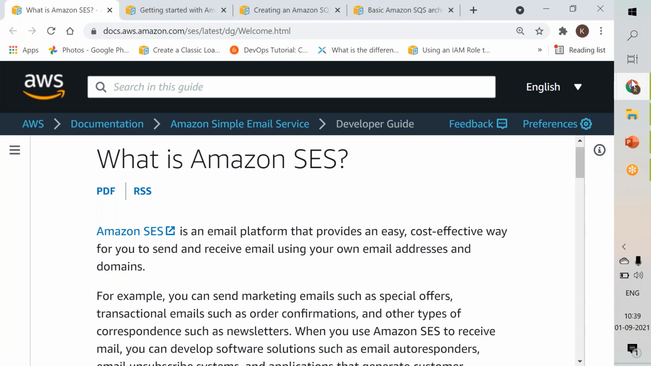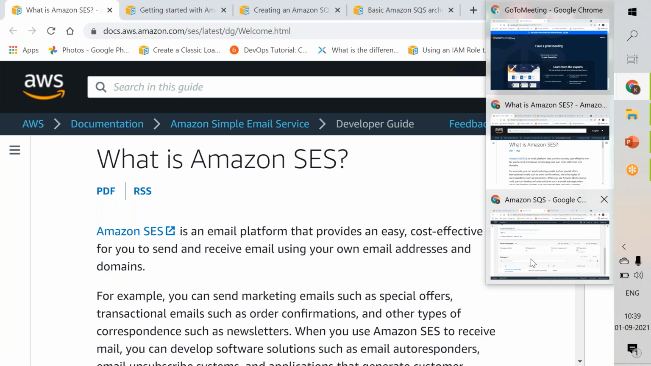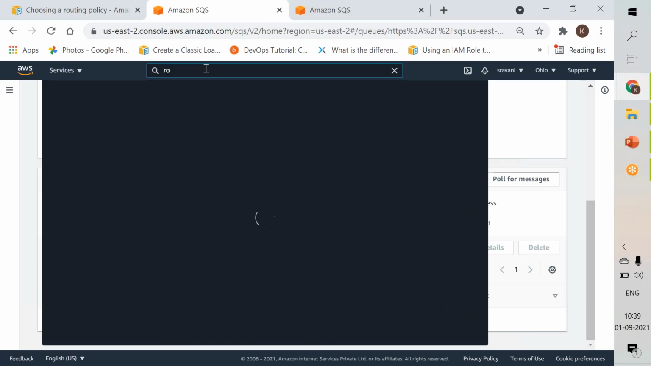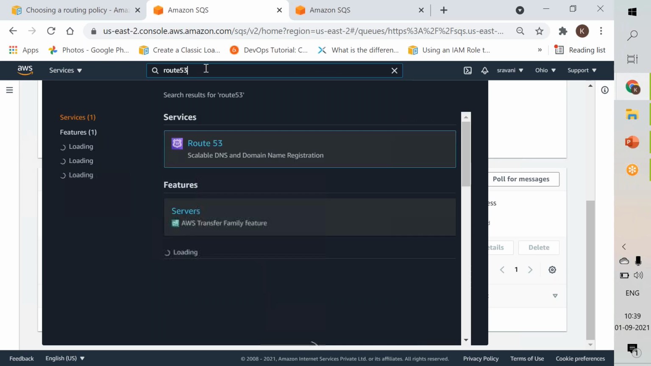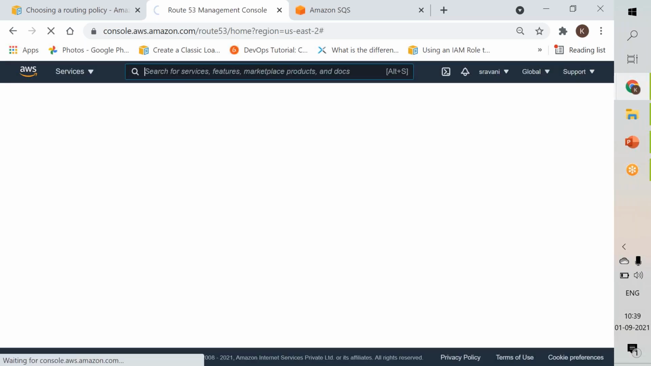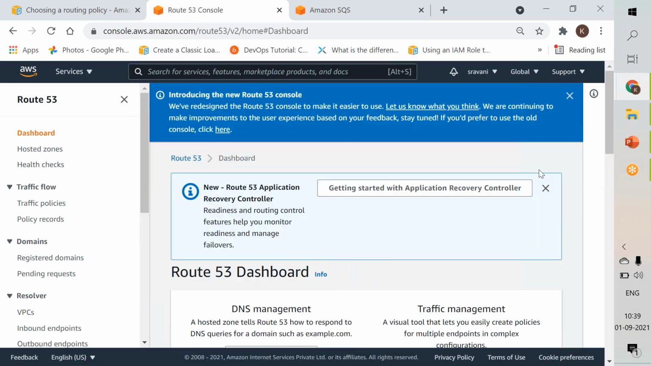So let me show you that particular service where we can purchase domains as well. Same as GoDaddy, you must have heard of it, right? A similar service is here also, in order to handle the DNS, right? So DNS is nothing but, in a simple understanding,